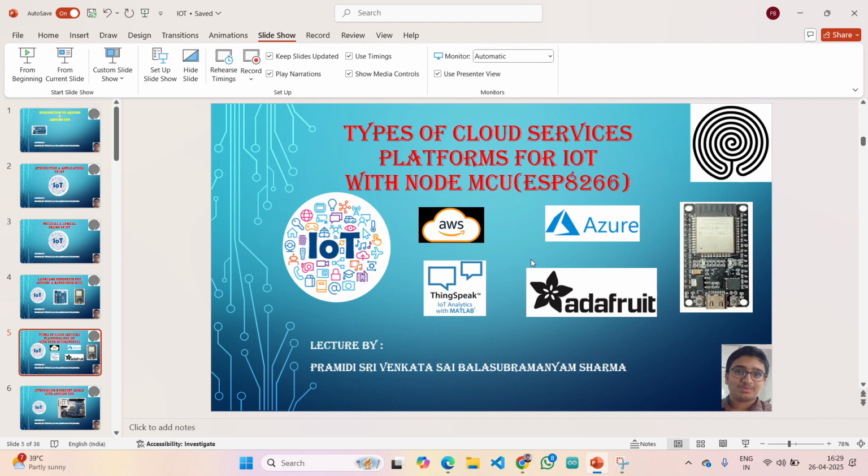Hope you all understood this session clearly. We are using cloud service platforms only for Node MCU IoT, but that is not any particular rule. You can use them for your own websites or your own Android or iOS apps.